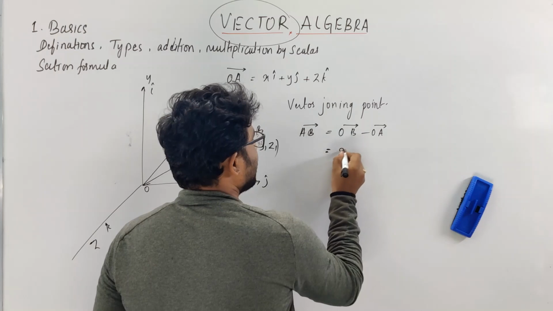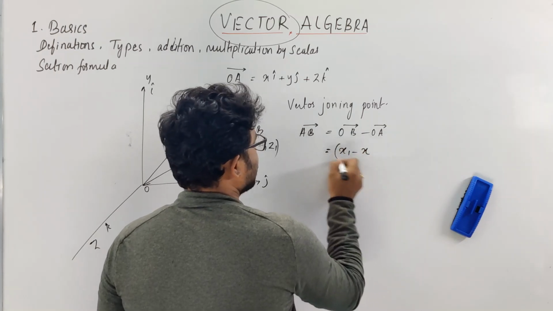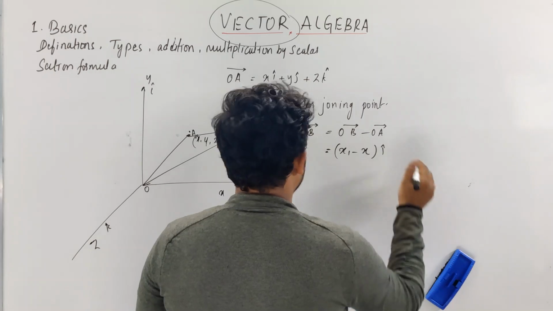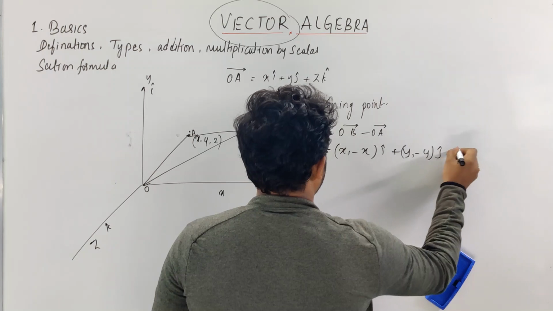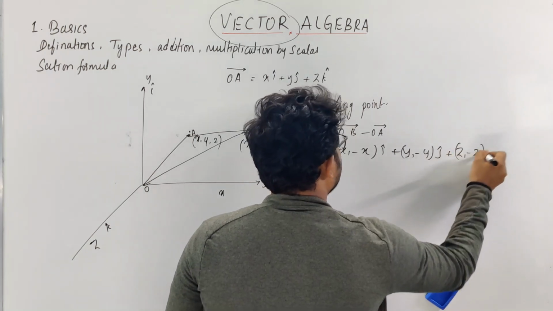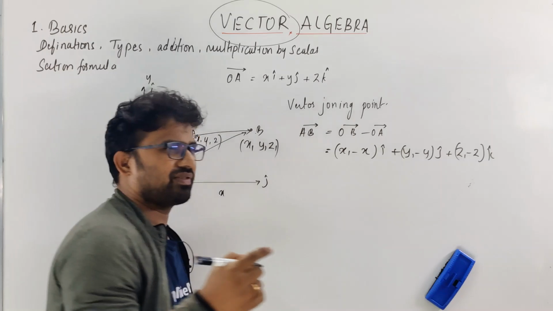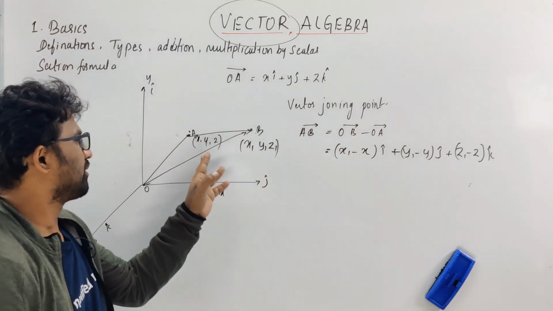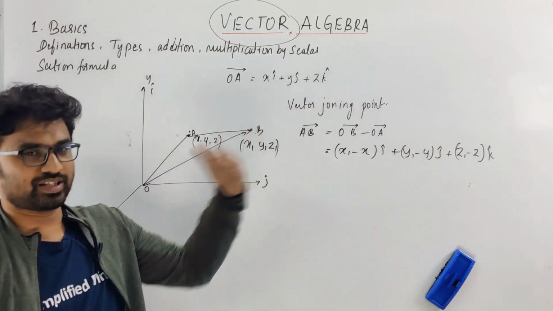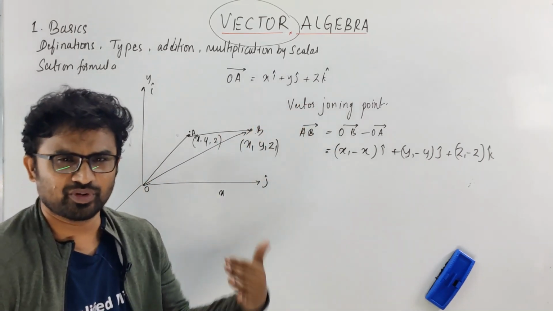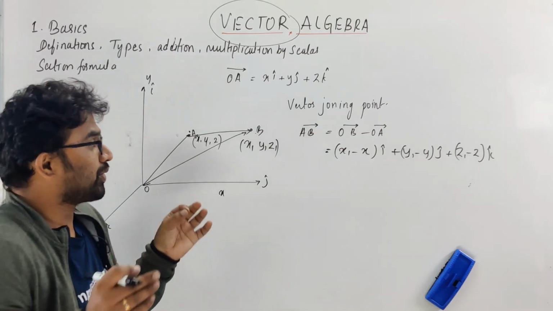So basically now x1 minus x i cap, and then y1 minus y j cap, and z1 minus z k cap. In my textbook, I think they have taken x1 y1 z1, x2 y2 z2. They have given it like x2 minus x1, y2 minus y1, z2 minus z1. You can take whatever notation you want, but you have to remember